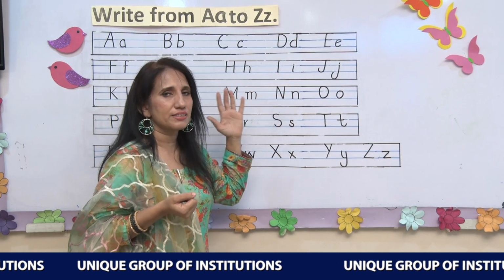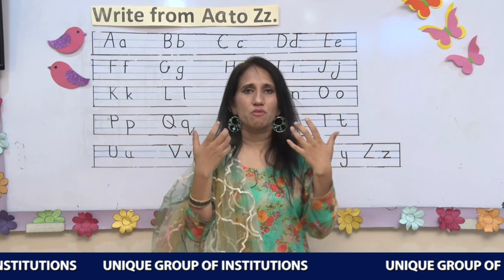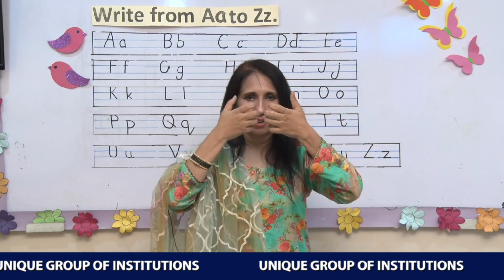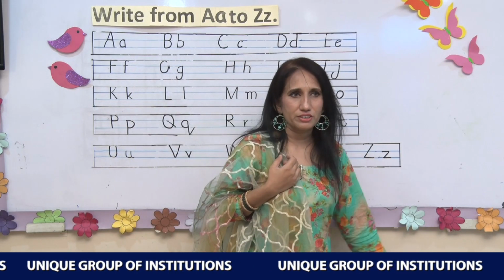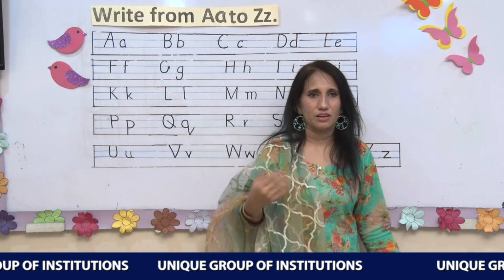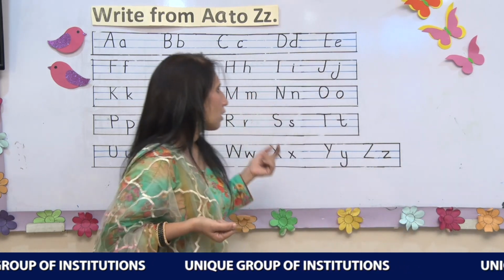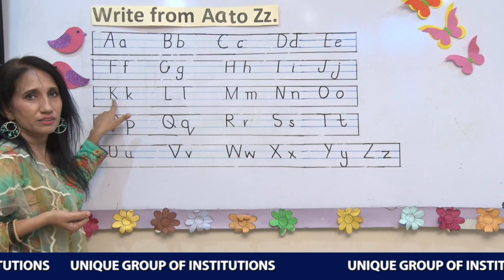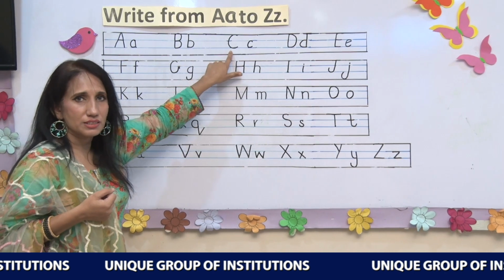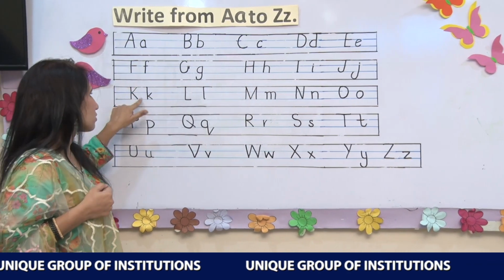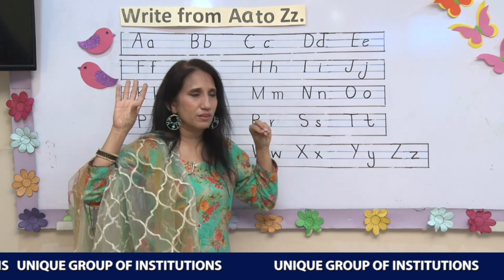Letter I, and the sound of letter I is I, I, I, I. I am wiping my face. Then letter J. The sound of letter J is J, J, as in jelly. Then letter K. The sound of letter K is K. Again, the action of K, C. The sound of C is K and the sound of K is K again, and the action is the same.